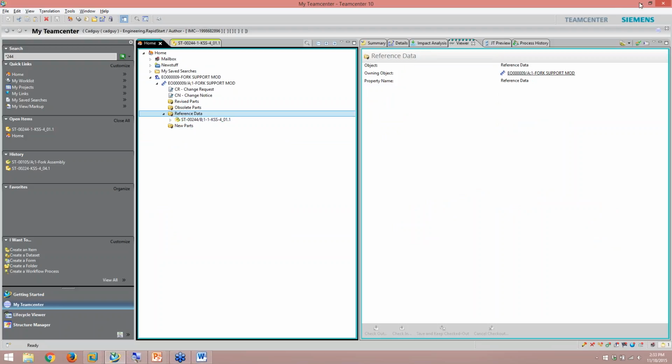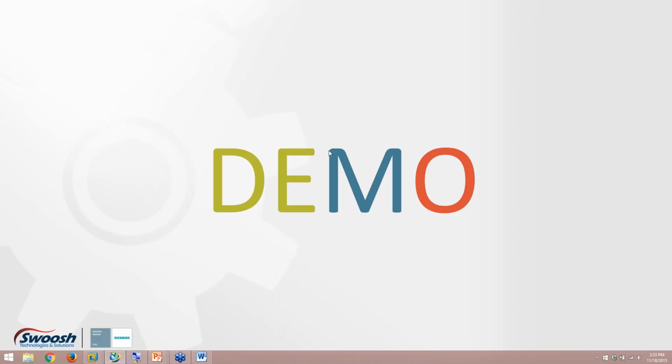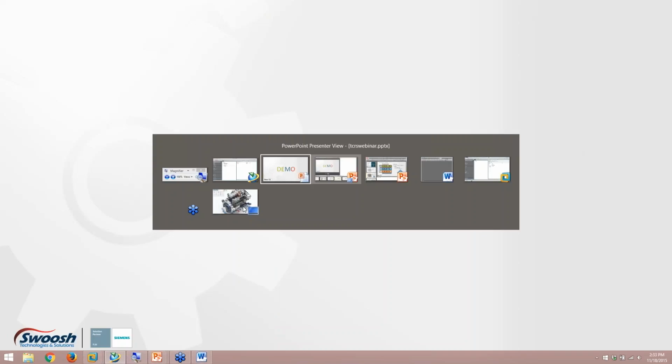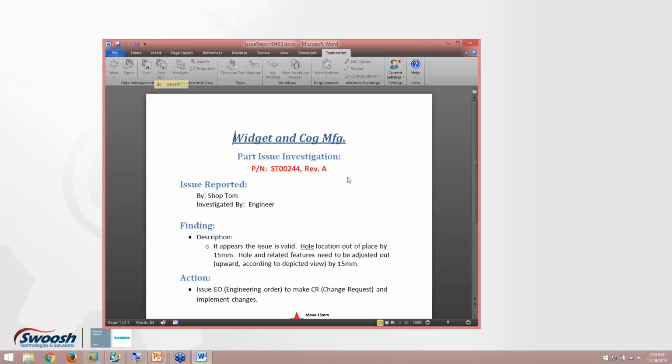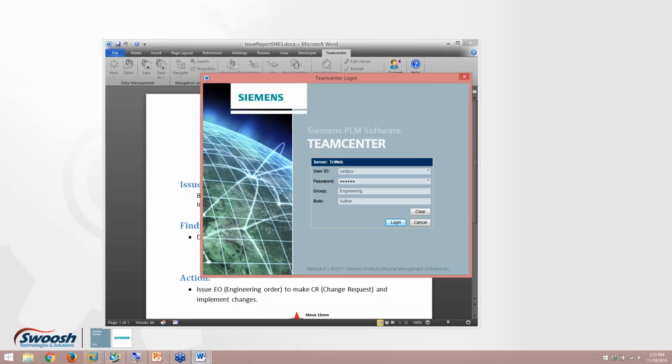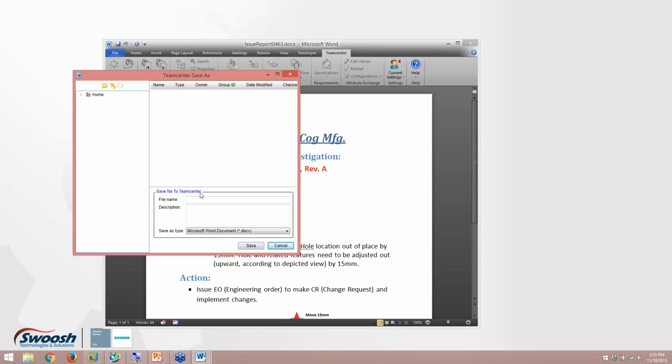If I wanted to grab an outside document, much the same way, I can import it in using the Teamcenter integration. I can save that directly into Teamcenter, say from Word. Let's call this Word doc.